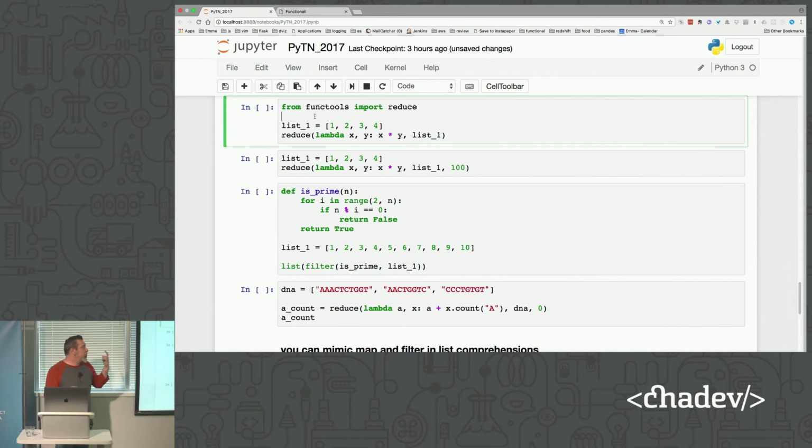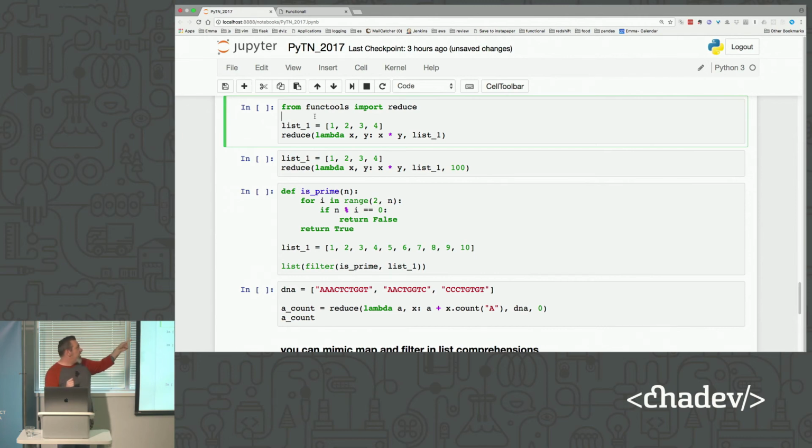So like we talked about earlier, reduce takes a function and a list, and does whatever calculation you need to reduce that list down to 1 value. Previously, the other 2 lambdas in map and filter took 1 value and did something with that 1 value. In this case, the function needs to take 2 values, because what reduce will do is take the first 2 items of your list.